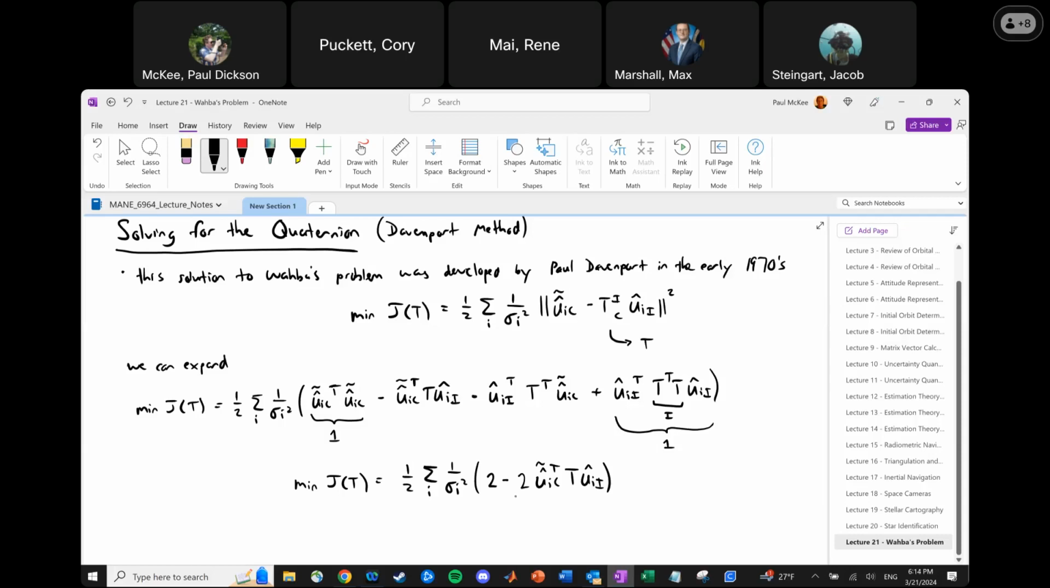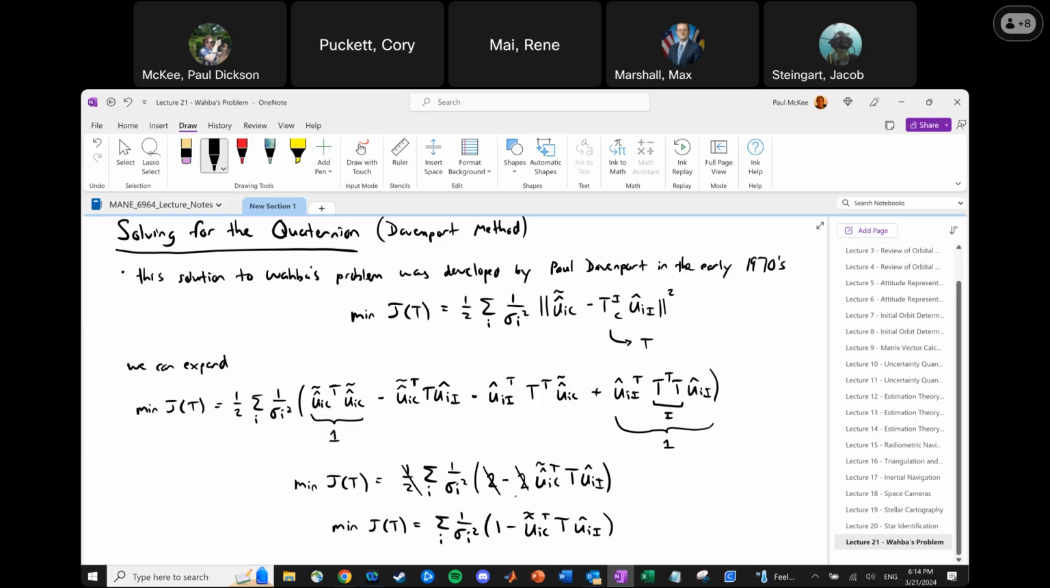Here is 1, here is the other 1. That's why there's a 2, and then this is 2, and these cancel out with this. Okay, so this is a little bit better. So now we have the min of J of T, and no longer is there a 1/2. It's the sum over all I, 1 over sigma I squared, and then in parentheses, 1 minus U_I transpose T